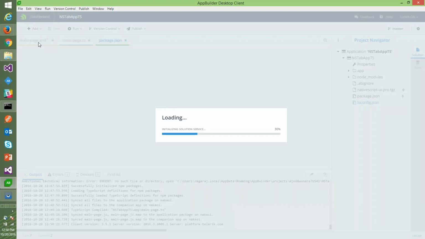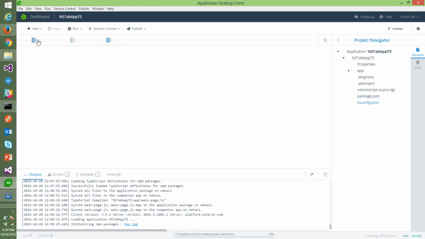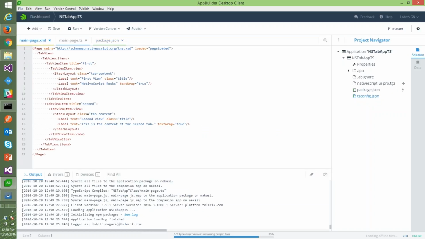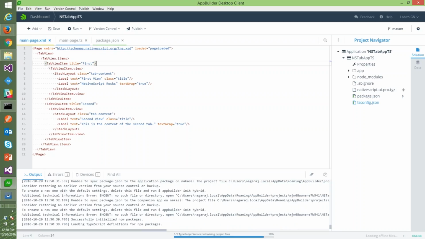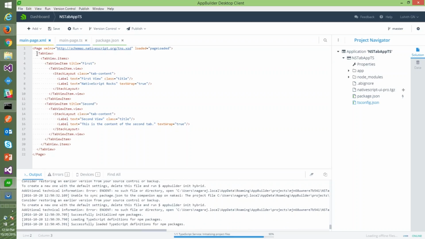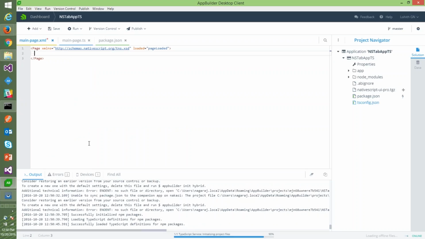So I'm going to save this, then come back to main-page.xml, and here what we'll do is, so it has reloaded, so that means I lost all the UI stuff that I had done. So let me come here and again just get rid of this guy. I will say GridLayout, and then this is GridLayout,